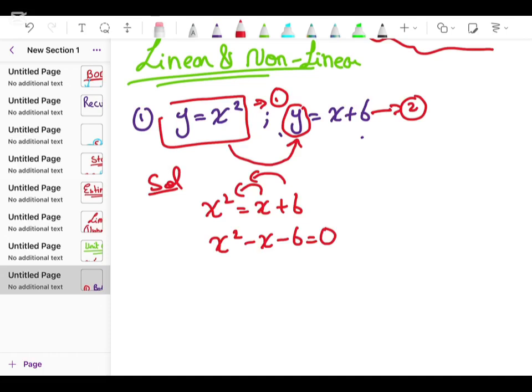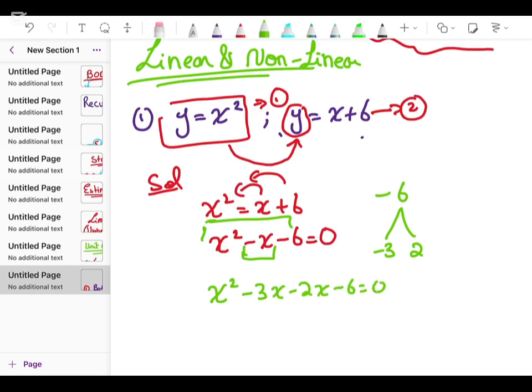Now how to do the middle term break? I'm explaining again. The first coefficient will be multiplied by the last coefficient. So we have negative 6. So we have to identify two numbers. When we multiply those numbers, they will give us negative 6, and when we add them, they will give us negative 1, because in the middle you can see that this is negative 1, as there is no coefficient written, it is 1. So now the numbers we have, we can take negative 3 and 2. Okay, x square minus 3x plus 2x minus 6.